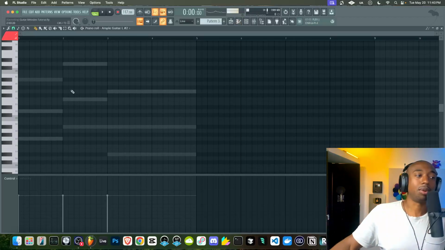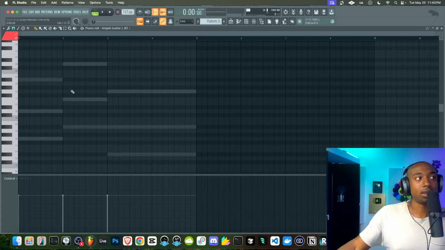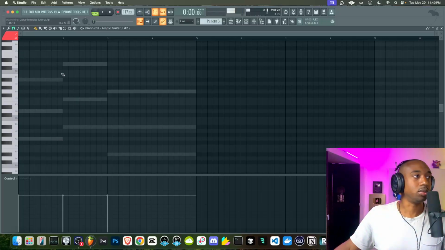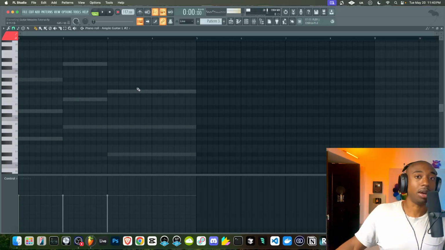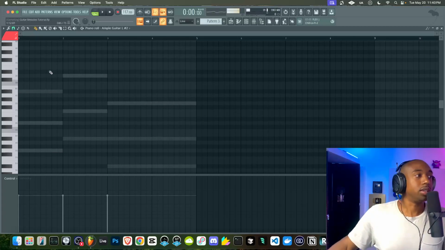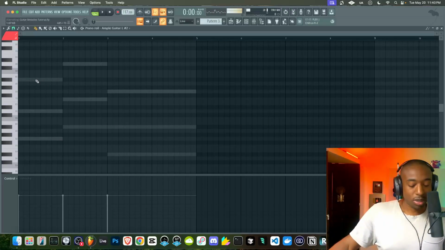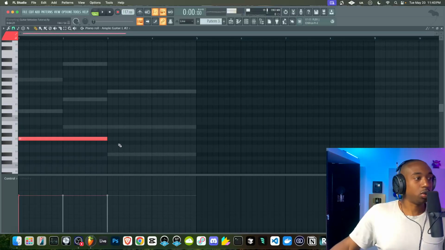Now, normally I do not produce with my stuff combined like this. This is only a teaching technique, okay? So don't get in the habit of slapping everything on one pattern, because you want to create variations over time. So this is not to be copied, basically, is what I'm saying here. So what we want to do now is try mapping out this chord one more time.